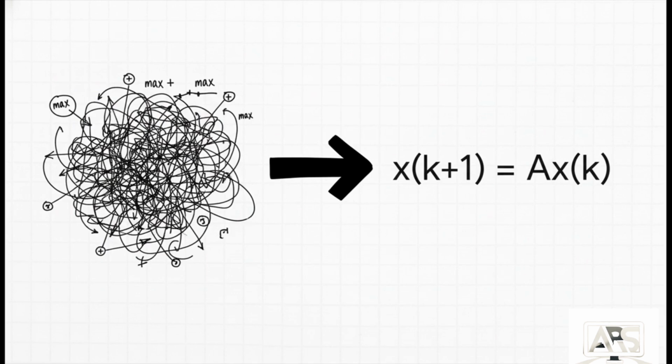And what happens when you do this? It's just incredible. That messy, complicated equation full of max functions transforms into a clean, simple, standard linear equation, the kind of thing we've known how to solve for ages. This means we can suddenly use all the powerful tools of linear algebra to understand these super complex, jumpy systems. It's a truly elegant, almost magical solution.